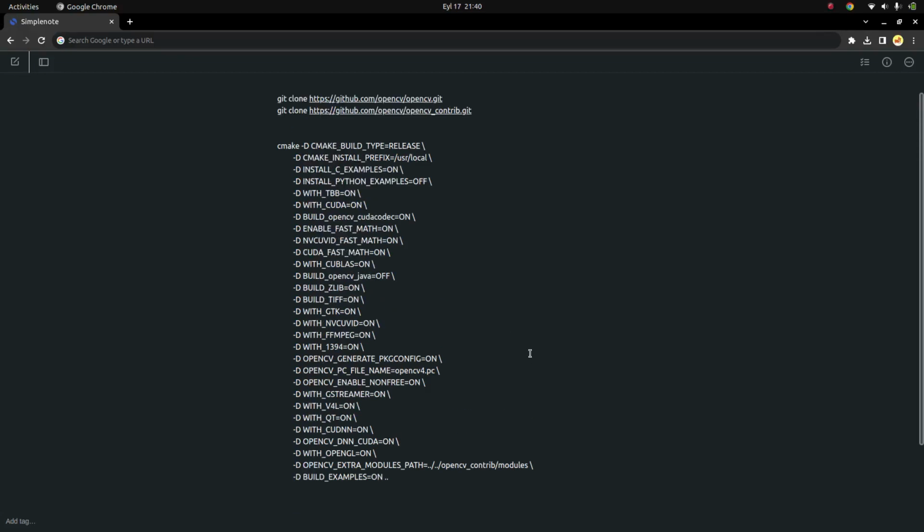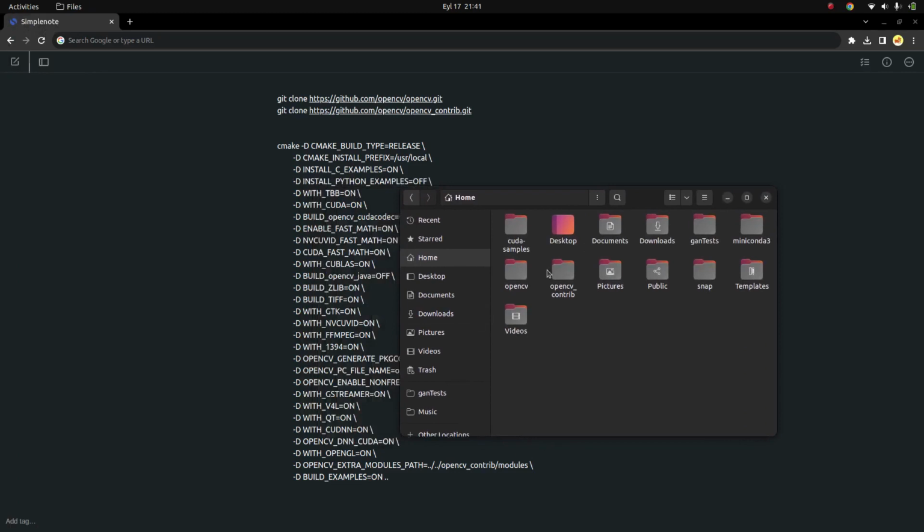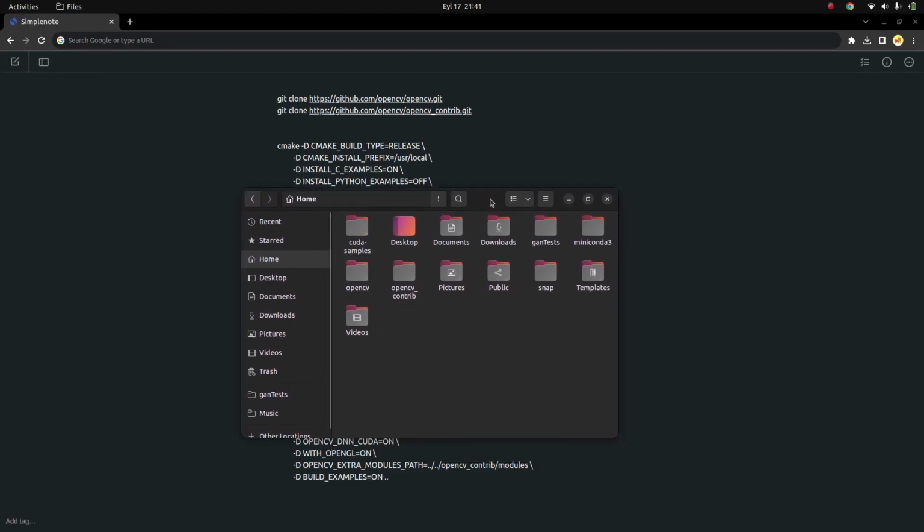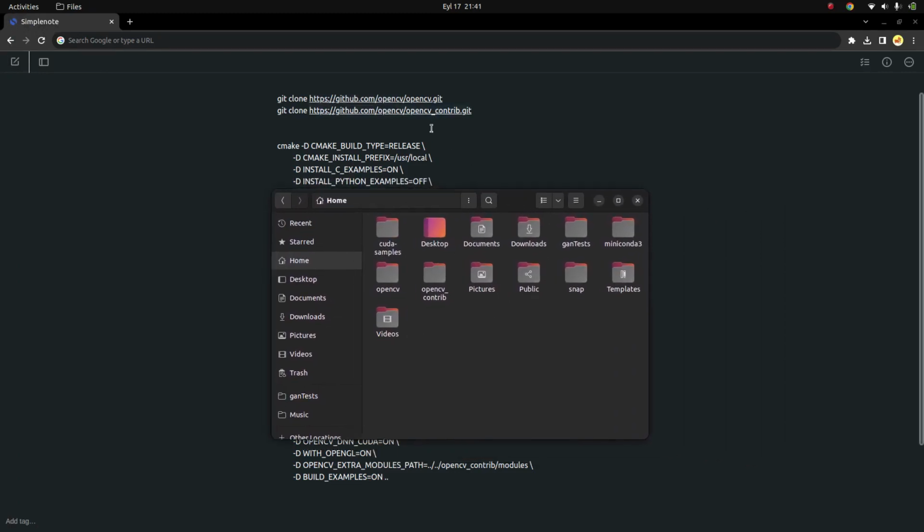Hi everyone, welcome back. Today we are gonna install OpenCV compatible with these packages, these libraries, which are including the flags in here, in the CMake flags. Before talking about this list, maybe we need to do the first steps, and after that we can switch back to here again. First of all, you need to download OpenCV and OpenCV contrib folders to your directory by